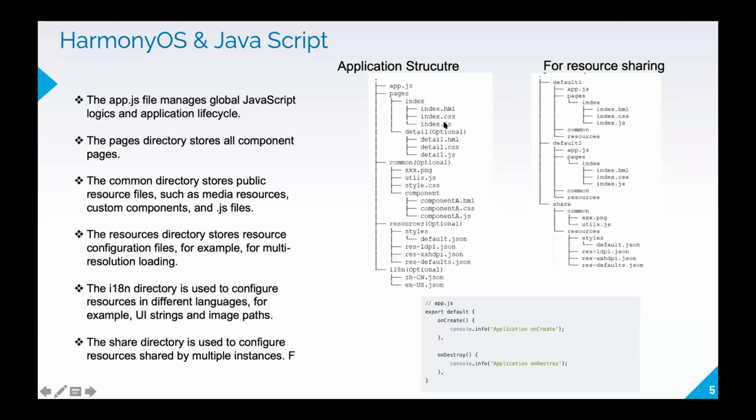Similarly, for controlling the UI, you can write the backend logic with JavaScript. And similar to how you want to design your tags, you can have the styles in the CSS file. These three files combine and form one screen, meaning one page. Similar to pages, we have the common directory where you can write your common code and common resources, whatever you need, and you can access those in your screens.